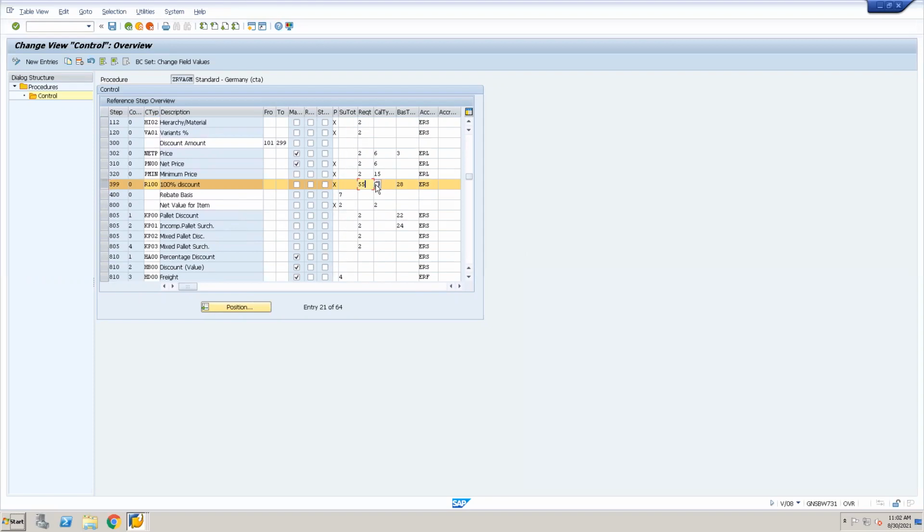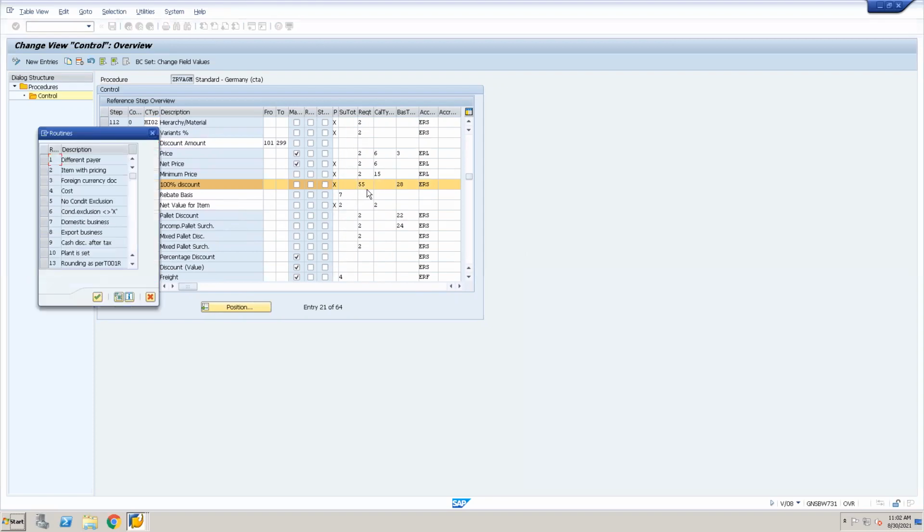55. You remember 55. So what is this requirement? Whenever there is a price, free goods price. 55 free goods pricing. So in this requirement, whenever the pricing type is B,